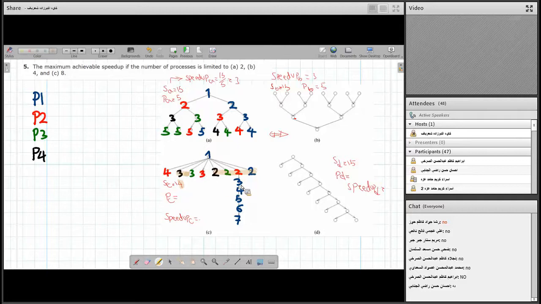These 4 are done together. These 2 are run concurrently, but these 3 are run separately. Therefore, PC is